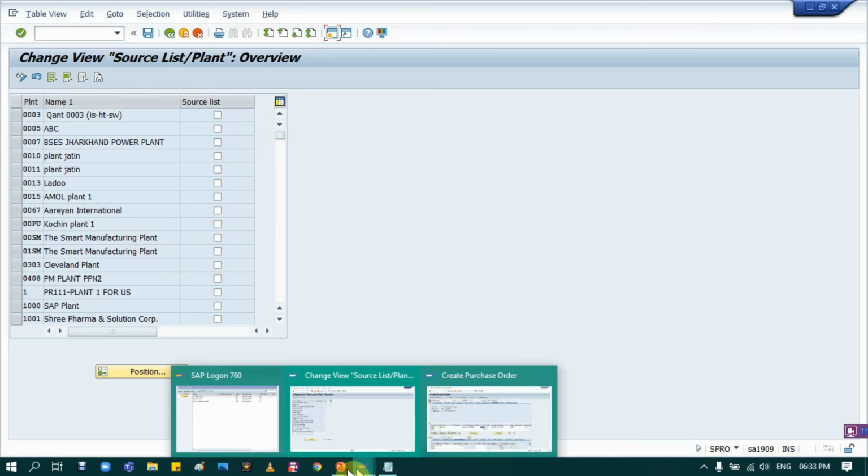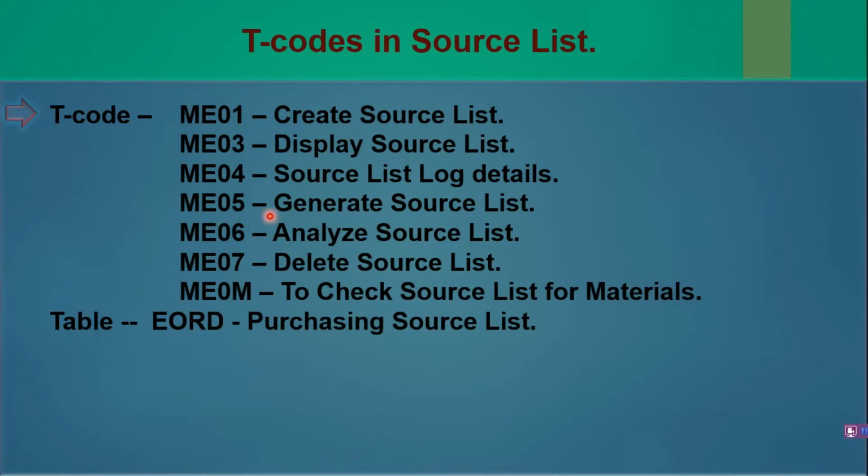Then these are the T codes, you can check that, and also the table for source list details. So this is the table, you can check that in SE16N. Then you can delete source list in ME07. So how to delete that? Just you need to put details and execute. So that's again easy. So there is not much in source list, but yeah,